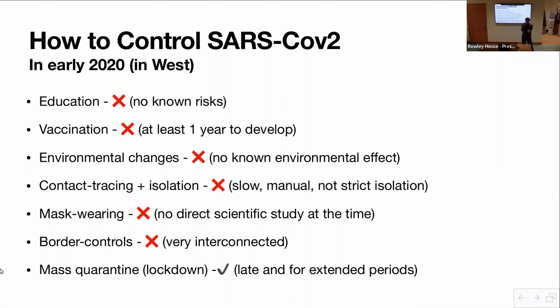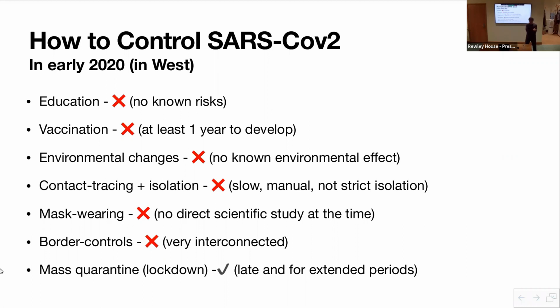In the beginning, no one really wore masks, and the reason for that was there was no direct scientific study at the time which should have done a controlled experiment showing that mask wearing was really important. And that was, I think, a big failing in the West, because SARS-CoV-2 is really very similar to SARS-CoV-1. There obviously are differences, but a lot of the way it's transmitted is very similar. And a lot of similarities, and very clear from what happened in Asia, they could get very good control using masks. So we failed to learn the lessons of what happened in Hong Kong and China and Japan.